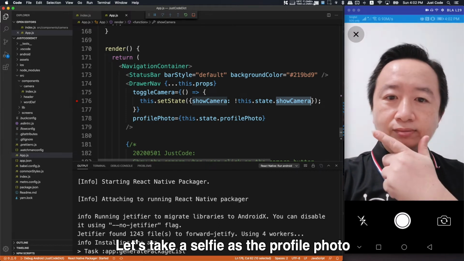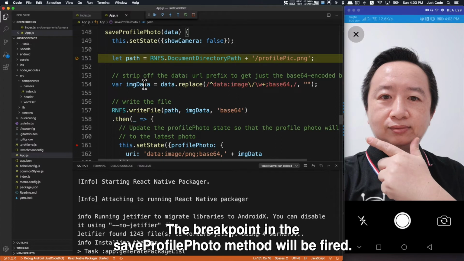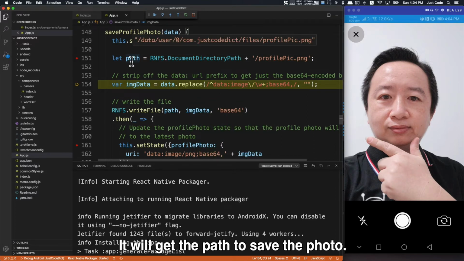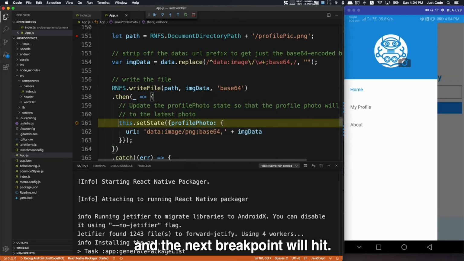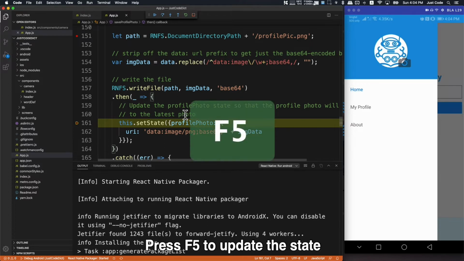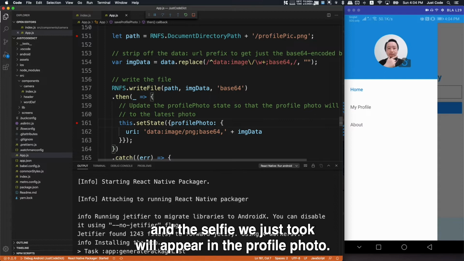Let's take a selfie as the profile photo by tapping on the shutter button. The breakpoint in the save profile photo method will be fired. It will get the path to save the photo. Press F5 to continue, and the next breakpoint will hit. At this stage, the photo has been saved into the device storage successfully. Press F5 to update the state with the image data, and the selfie we just took will appear